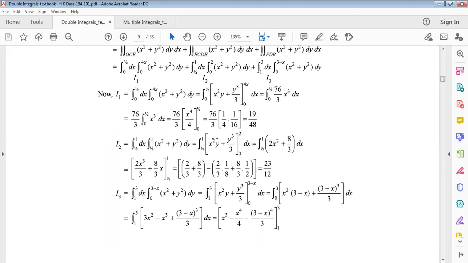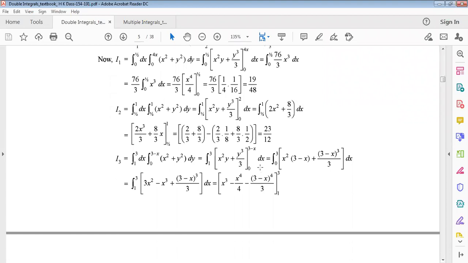0 to 2, then after putting this upper limit in replace of y, remember it, minus putting the value of y as 0, then we get this one. Then just taking integration with respect to x, we get this one. For the third part, it is also a triangle. First x limits will be 1 to 3 and y limits will be 0 to 3 minus x. Now taking integration with respect to y, then we get this one. Similar integration, just putting the values, we get another one.